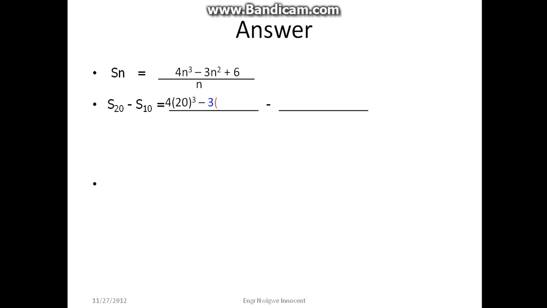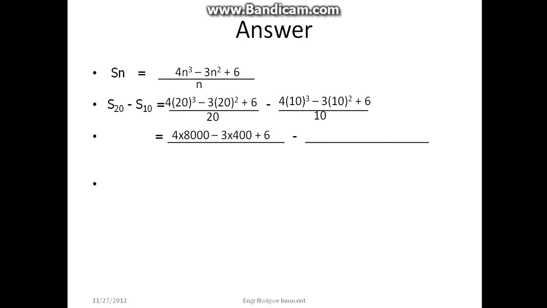Therefore, we now have 4 times in bracket 20 cube minus 3 in bracket 20 squared plus 6 all over 20, minus, since we are replacing n with 10, we now have 4 in bracket 10 cube minus 3 in bracket 10 squared plus 6 all over 10. If you open the bracket and cube the 20, we now have 4 times 8,000 minus 3 times 20 squared, which is 400, plus 6 all over 20, minus, we now have 10 cube is